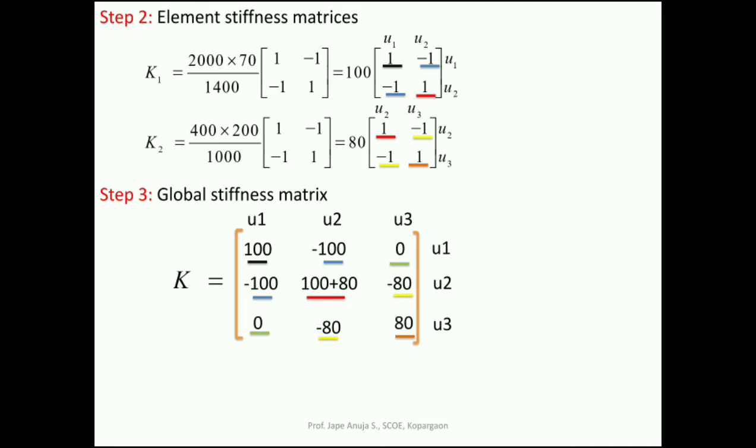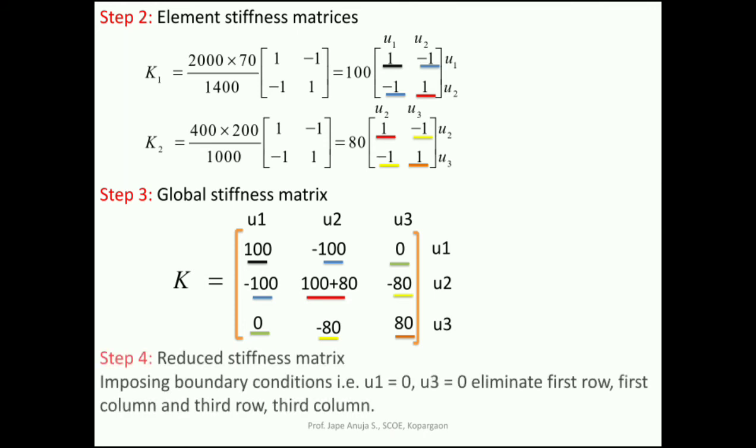So this global stiffness matrix is completed, assembling all these elements related to their displacements from step number 2, K1, K2. This is a very simple step, but still you should be careful about the sign of each element and which element you are picking, and write it at the correct place in the global stiffness matrix. So step 2, step 3.